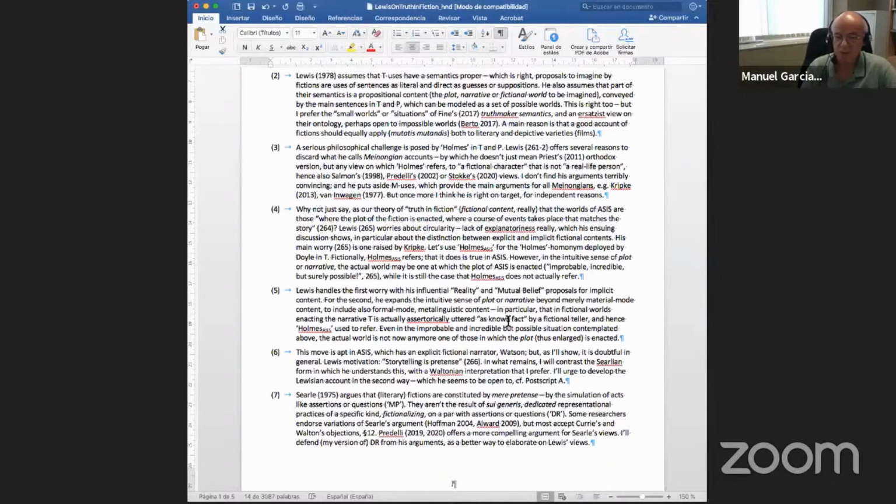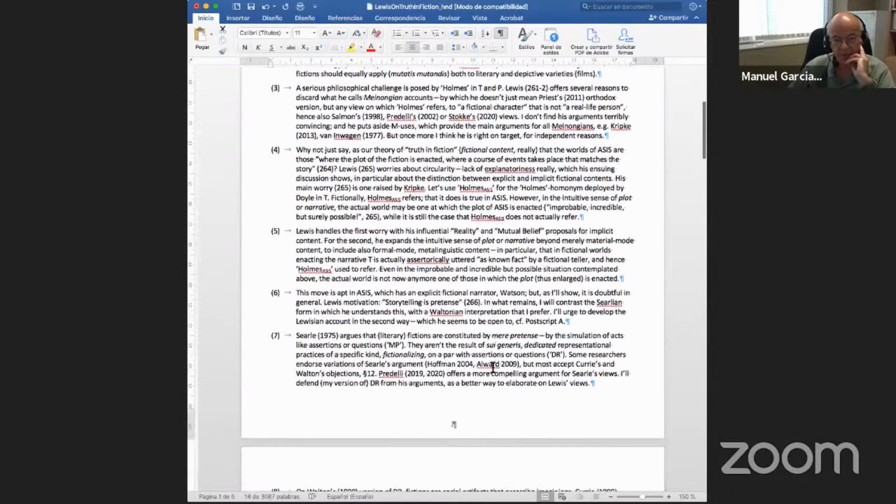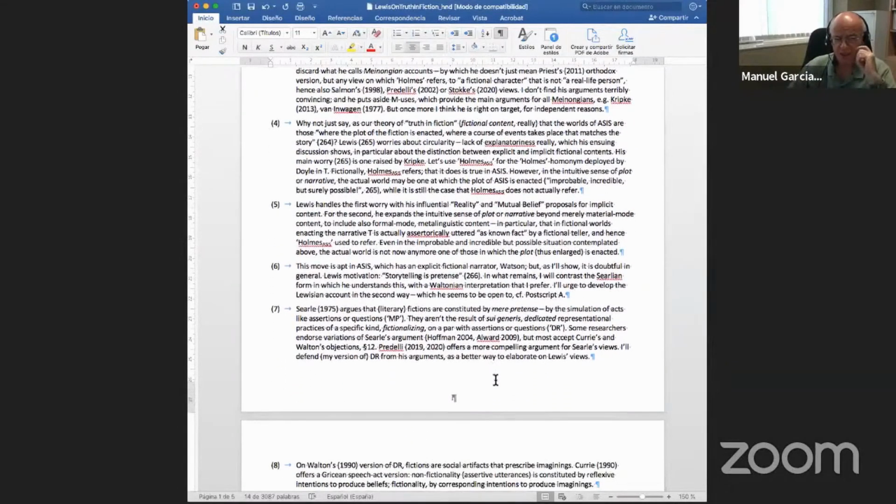There is something that is intuitively true in that fiction, but it's not the case at one of the worlds at which the plot of the fiction is enacted, under the improbable assumption. So I was saying, Lewis handles this first worry with his influential reality and mutual belief proposals for implicit content